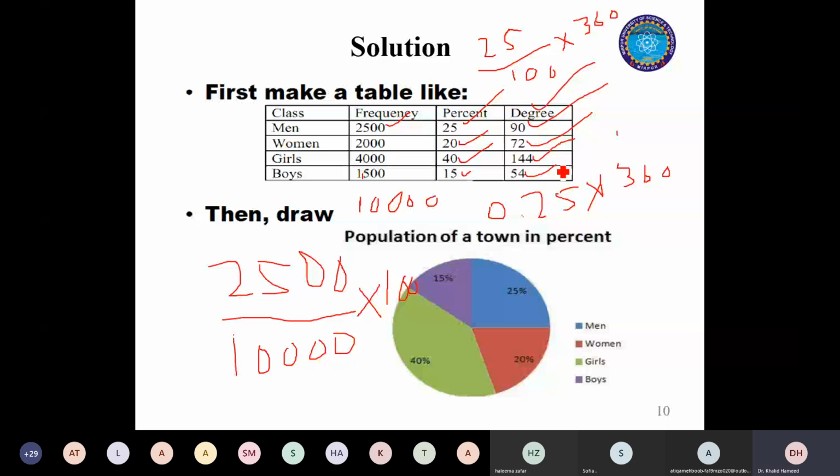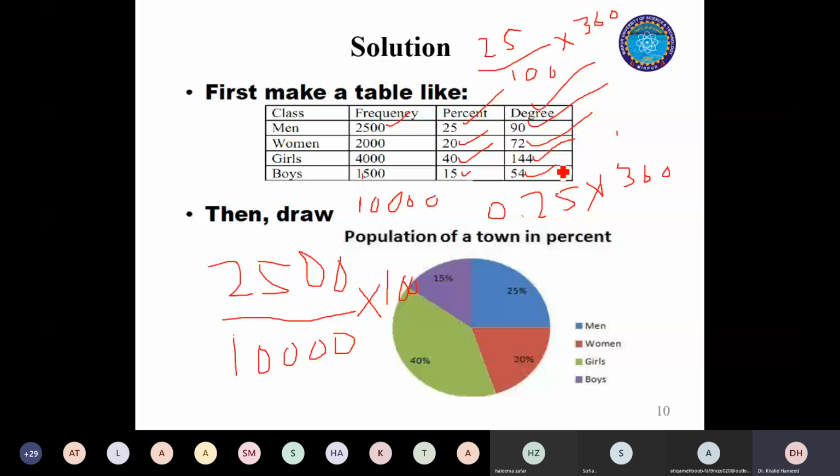So if you have a single variable, it does not make any difference how many categories that variable has. For example, here they mentioned 4 categories. Nothing will happen if you include a fifth category as well: 6, 7, 8. As far as the number of options is concerned, no issue. But the variable should be only one.